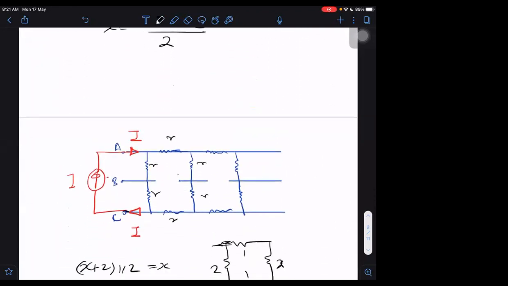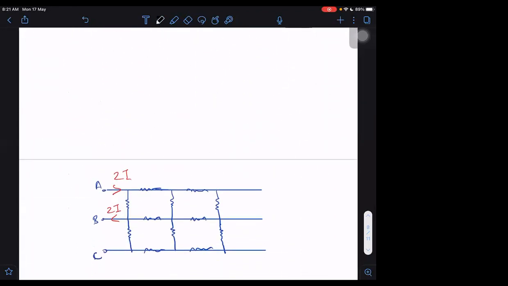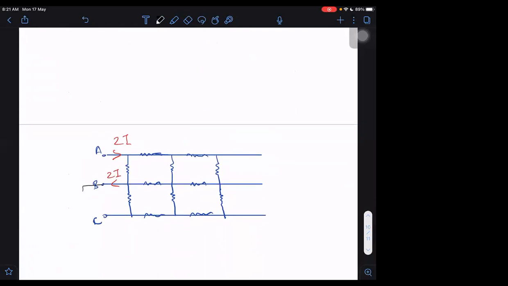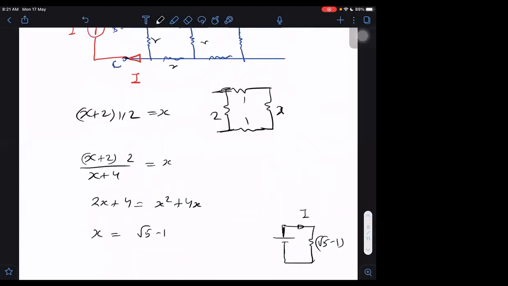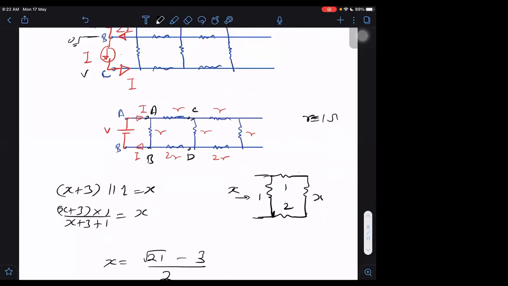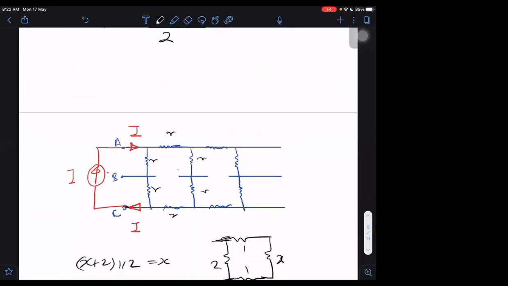And next time, this is reference 0. This is here, let us say V dash. This is reference here 0. Then we are getting this one as V dash, and this one will be minus V dash.